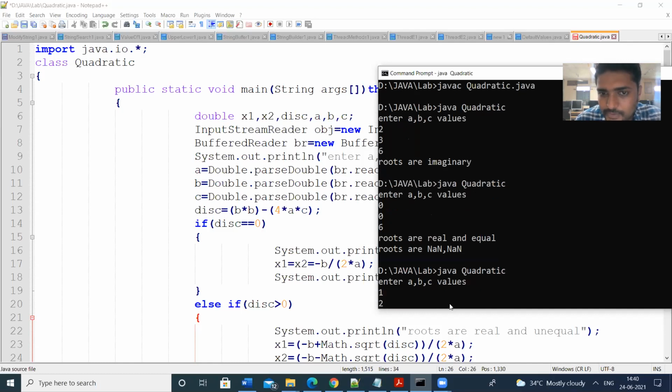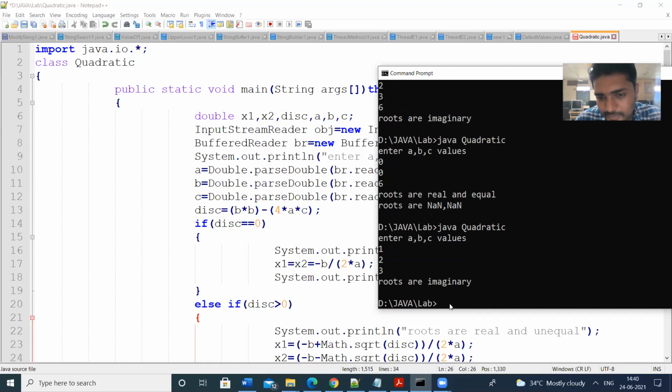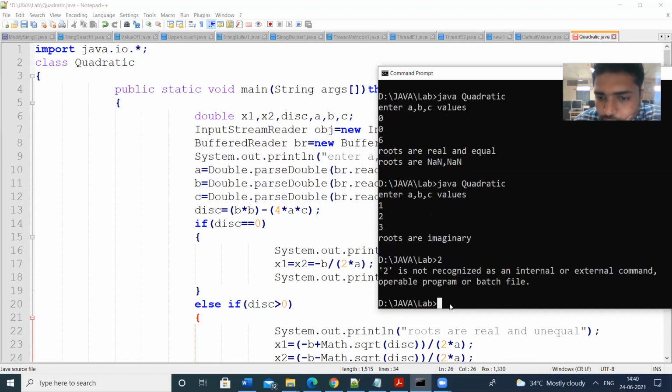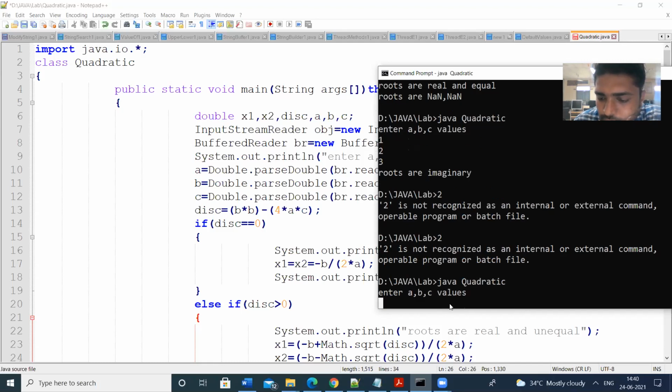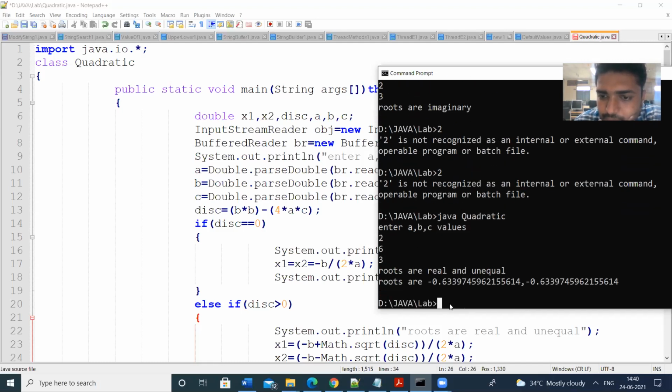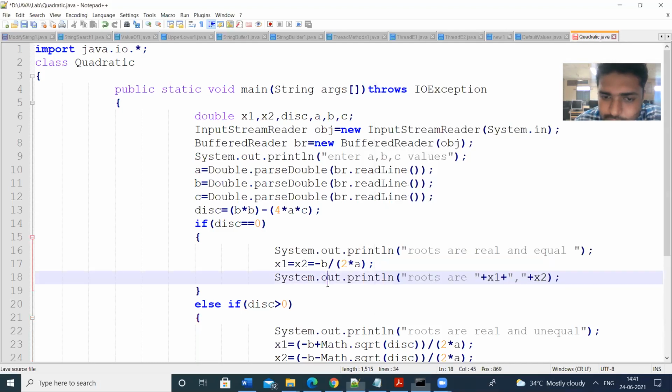Then 1, 2, 3, the roots are imaginary. So let us give the values as 2, 6, 3. Let us see the output. Roots are real and unequal. So here one root value is minus 0.63, another root value is minus 0.63.